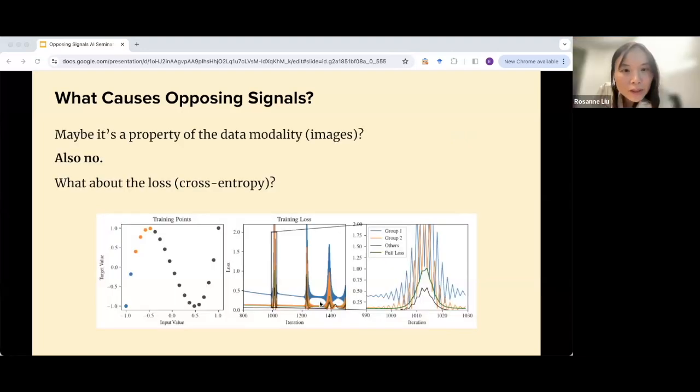A few people in chat are confused about how you pick the groups. Remember, we look at the loss change on every single gradient step, and then we take the top 1% or top 20 that have the largest increase in loss and the largest decrease in loss on a single step, and those are our groups. Sometimes that will include multiple different signals, and then you can distinguish it visually.